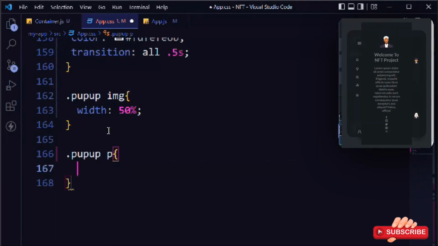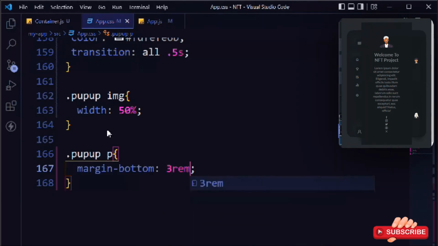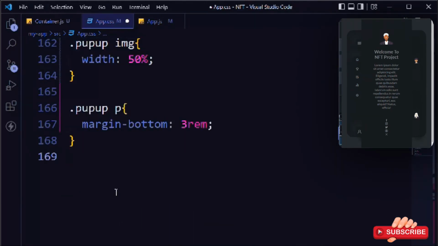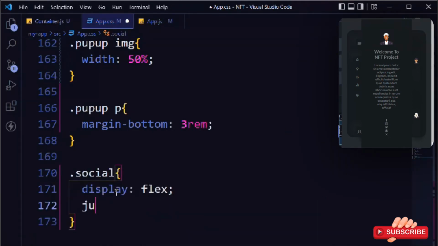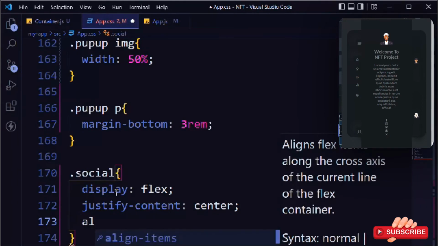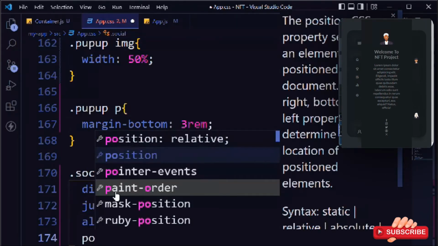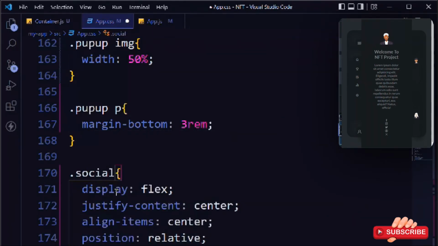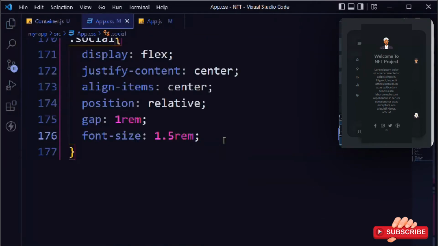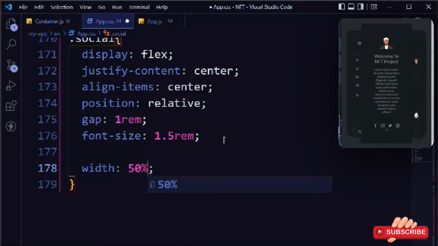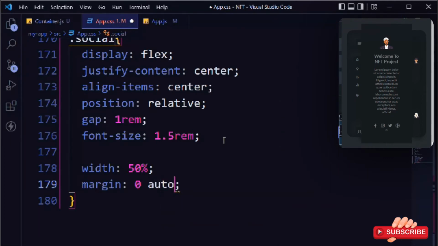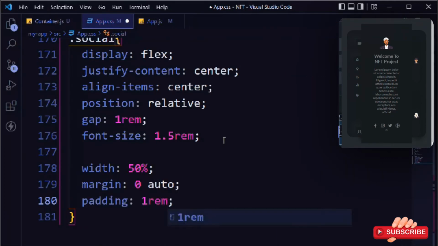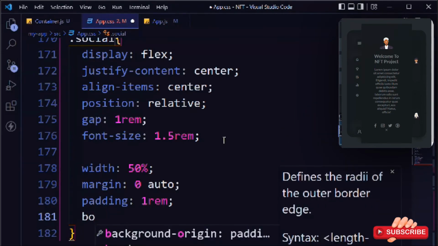Get the pop-up paragraph, and margin bottom is going to be 3 rem, so we'll have some space. And let's target the social icon. So display is going to be flex, justify content center, align items center, position relative, gap 1 rem, font size 1.5 rem. So this is how it will look. Width is going to be 50%, margin 0 auto, so it will be in the middle, and padding is going to be 1 rem, border radius 2 rem,